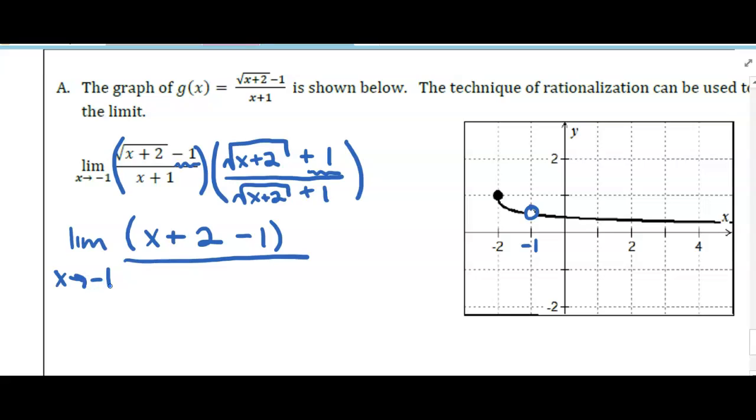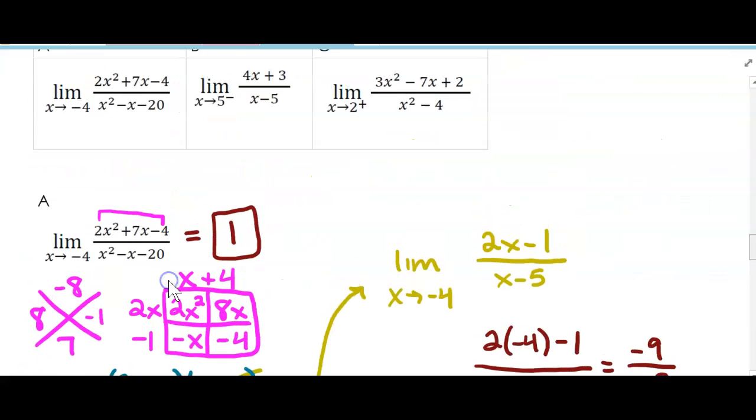With my denominator, you might be looking and saying, hey, do I really need to multiply all this out? Like, that's going to be really, really complicated for me. I'm telling you, this is one spot where you actually don't need to multiply it out. I actually want you to keep it separate as x plus 1 times the square root of x plus 2 plus 1. The reason for that is, just like when we were doing these examples here, when direct substitution didn't work out at first,